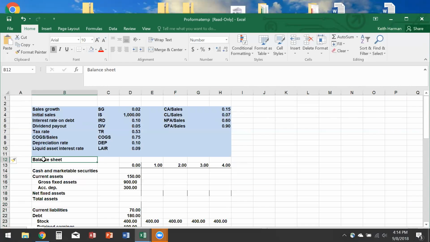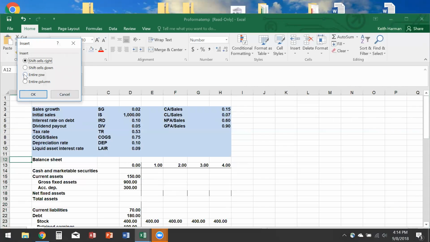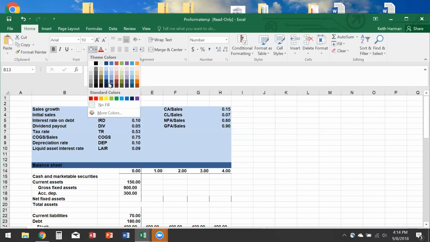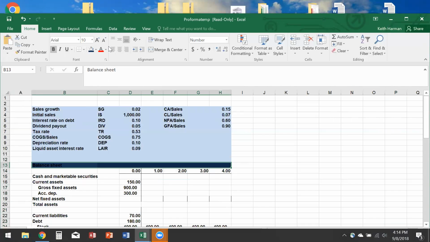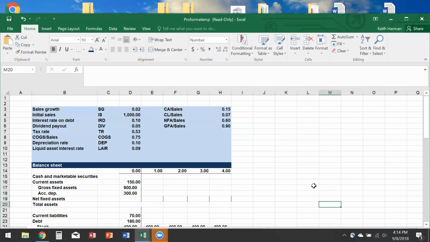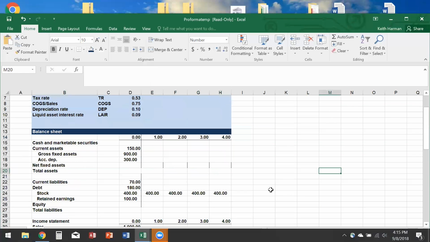And so we're looking at the balance sheet. I think what I'm going to do also is add another row. Now I'm just playing around with this one, and the entire row. And now we have our balance sheet, and I can create a ribbon, if you will, or a top for that as a table. Now I'm going to put it dark blue, and then I'm going to have to come back and make the balance sheet white. But notice I have my assumptions, and so we have cash and marketable securities in that business,